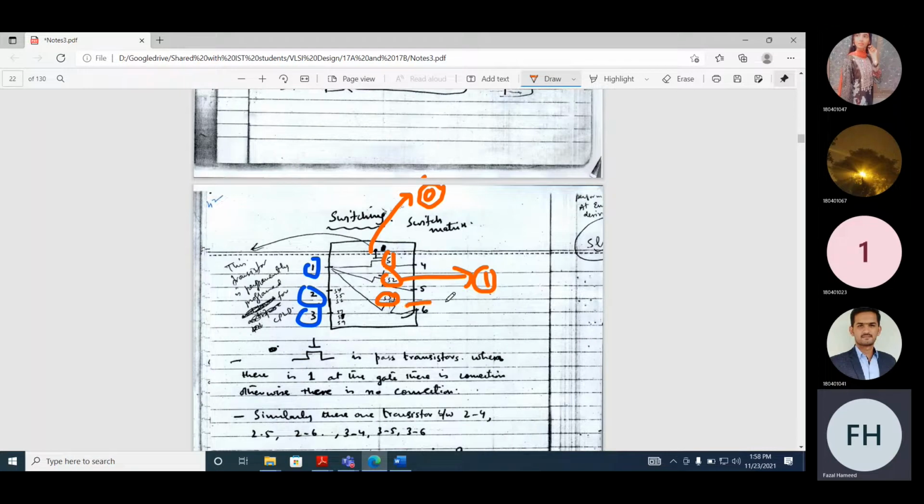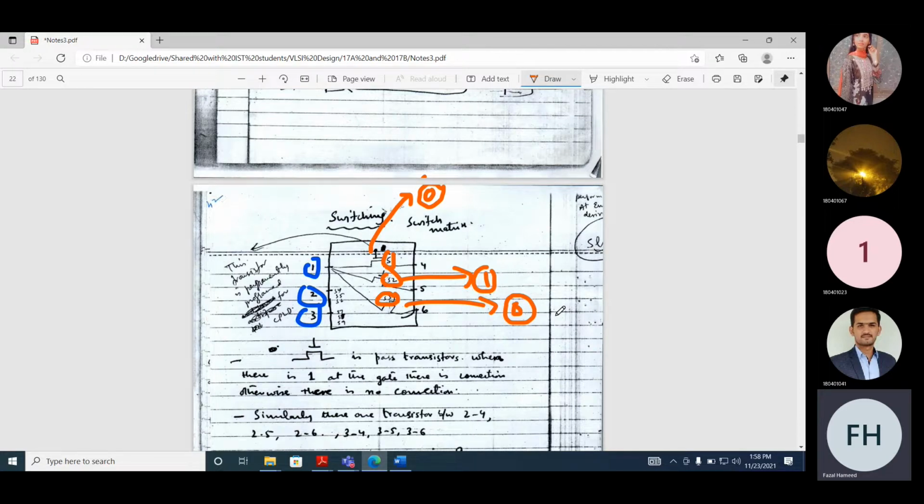Similarly, if we store 0 on the control of switch S3, 1 and 6 will be disconnected. So now let's assume if we want to connect 1 with all of them, we will store 1 there. If we don't want to connect them, we store 0. Similarly, there will be some switches that connect 2 with 4, 2 with 5, 2 with 6, but these switches are not shown, just like for 1, but maybe there are some switches.